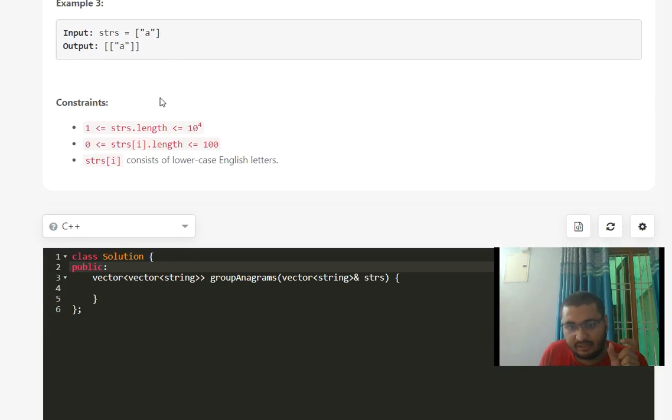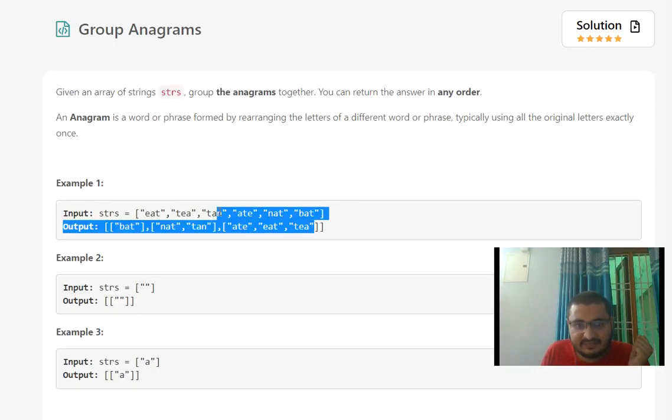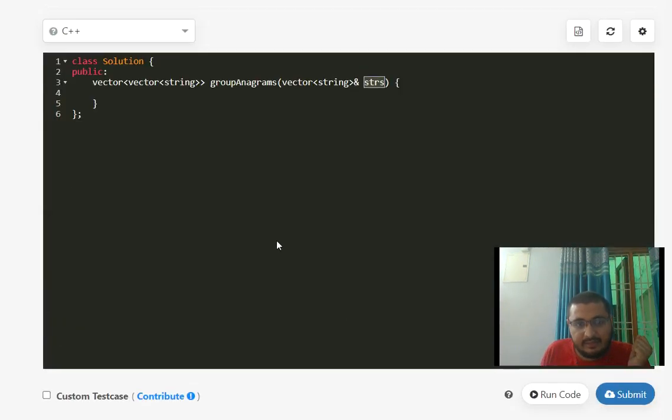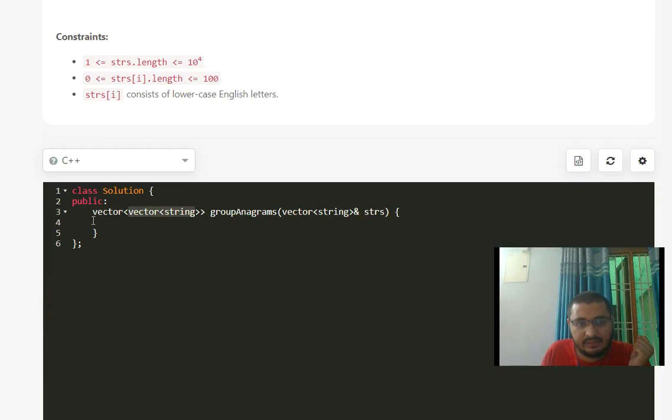So let us code the solution. You will understand as and when I code. We are given strs, which is a vector of strings, and we have to return a vector of vectors of strings.